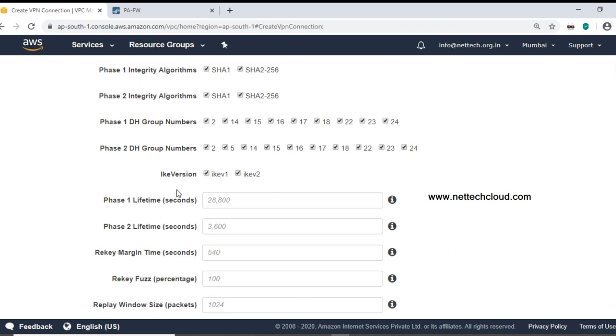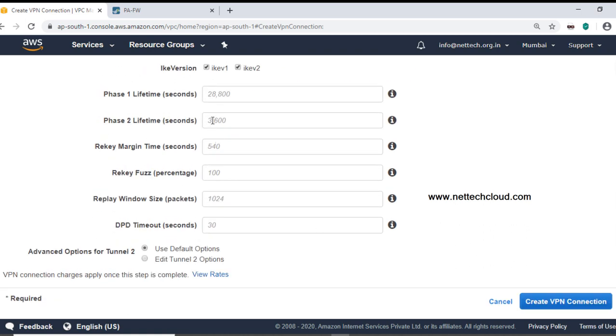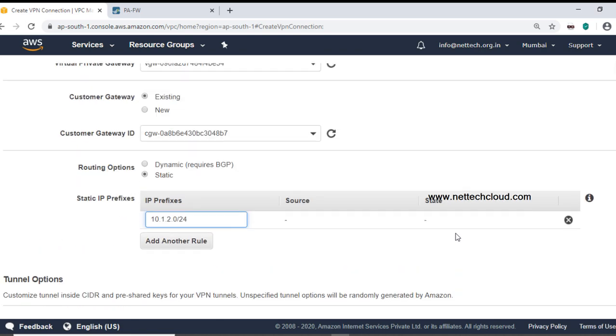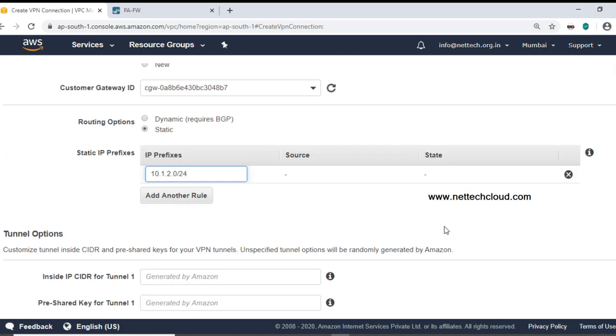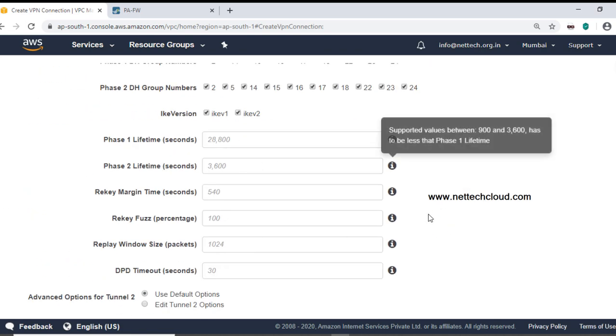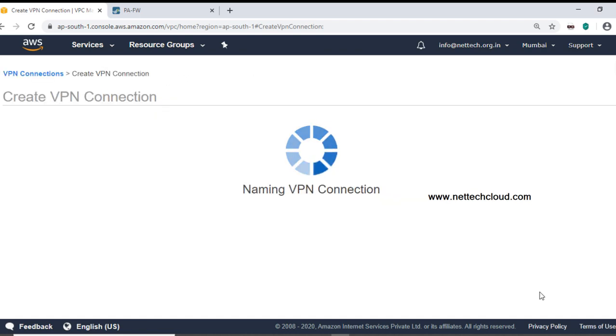Whether we want to use internet key exchange version 1 or version 2, lifetime can be customized. The default one is 28,800 seconds, phase 1, phase 2 is 3600. And so let's accept the default parameters here. I'm not going to change anything here. So just create VPN connection.